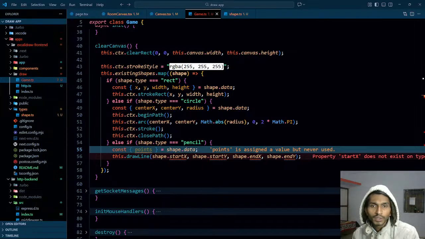If I have these points, then first of all I have context, then I have given points, the type is this. If points dot length is less than 2, simply return it. Otherwise line width, line join round, line cap, begin path, move to,